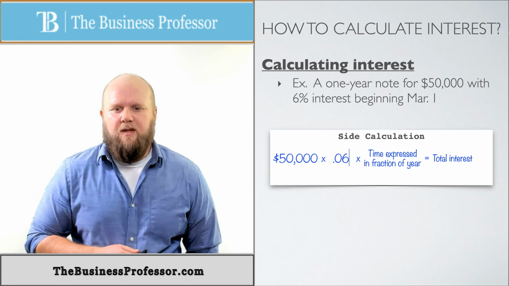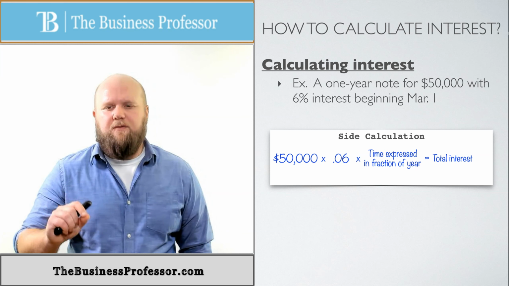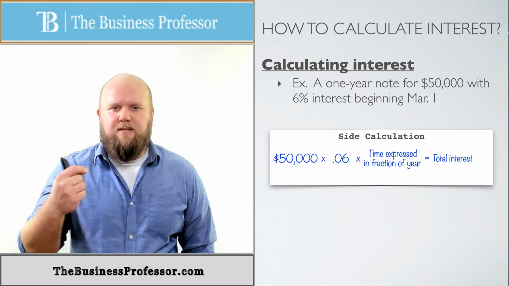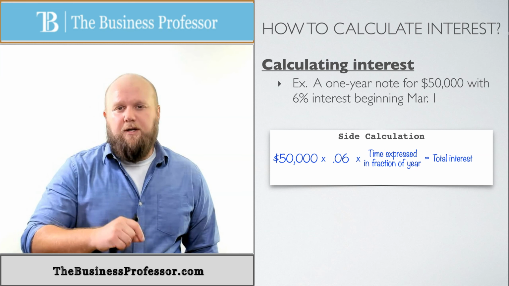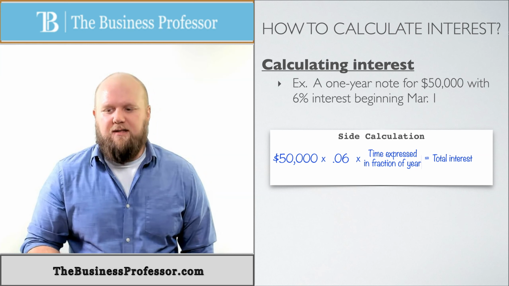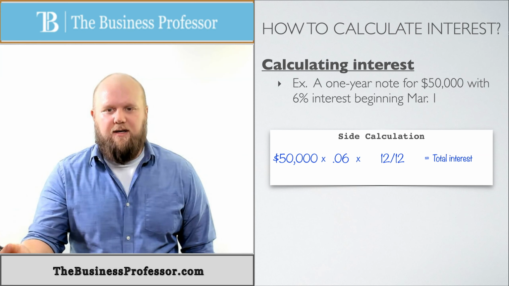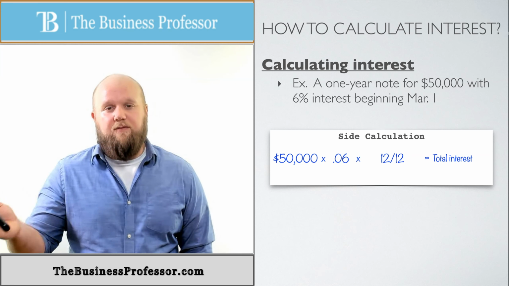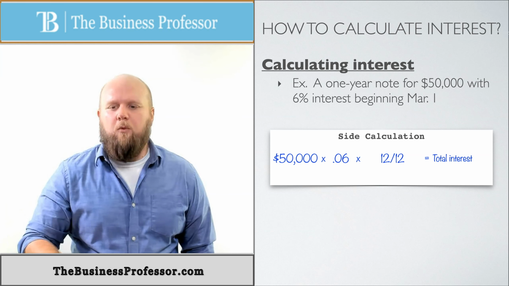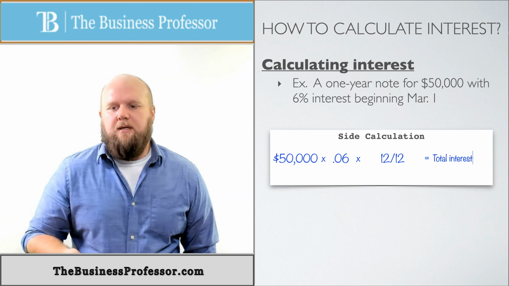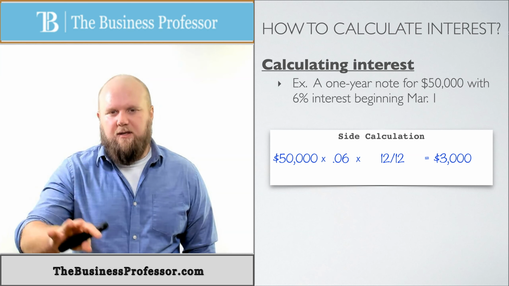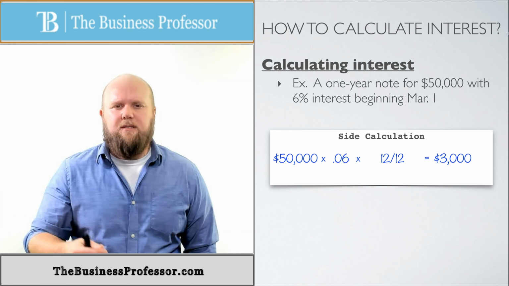We're at 6%. And what does it mean when it says time expressed as a fraction of a year? Well, this is a 1-year note, and this is going to seem really redundant to you, but if you get in the practice of doing it, it makes things easier so you won't forget. This is a 1-year or 12-month note, so I'm going to put 12 months over 12 months because it is over the course of a year. The 6% that they gave us is under the assumption of a year, and this is a year. So that's why I put 12 over 12. I know it looks weird right now, but bear with me. When I do this calculation, it gives me a total interest of $3,000. I know 12 over 12 is 1, but if you put it in practice and keep it in a system, you're less likely to forget it.